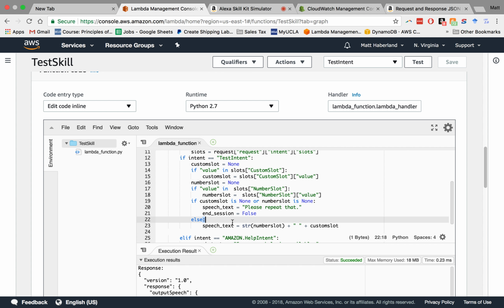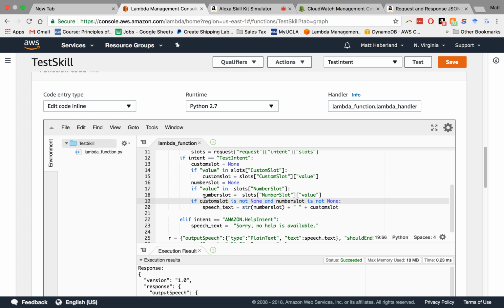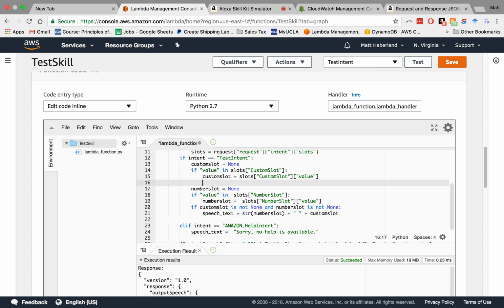So we'll say if neither of them is none, then this happens. But if one of them is none, let's see. So if it's not in there,